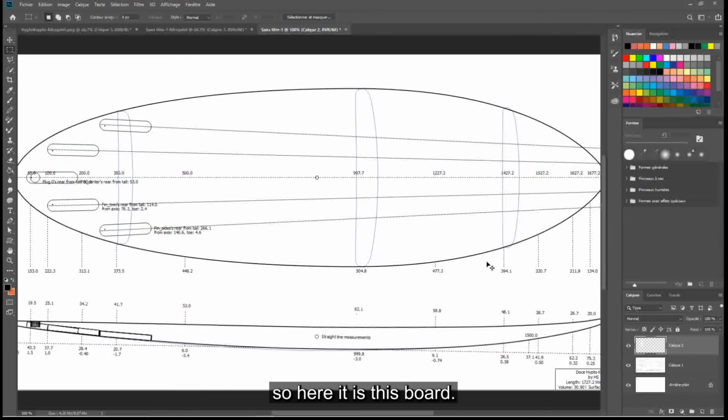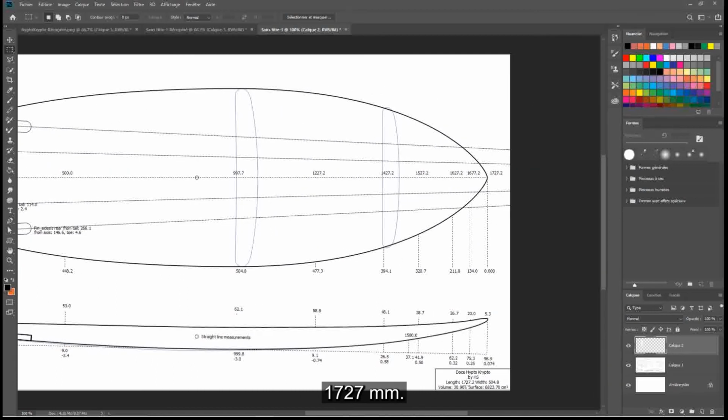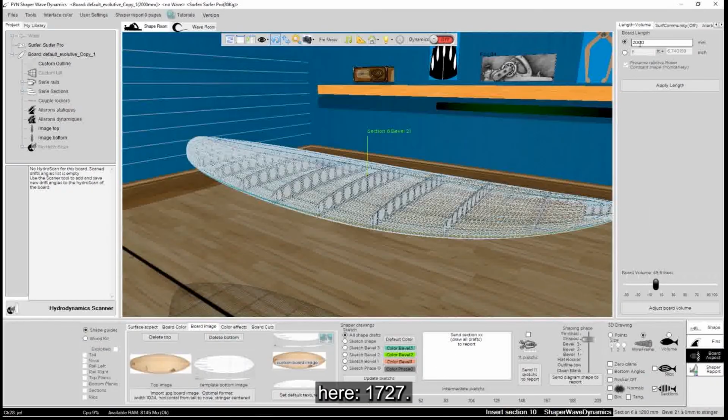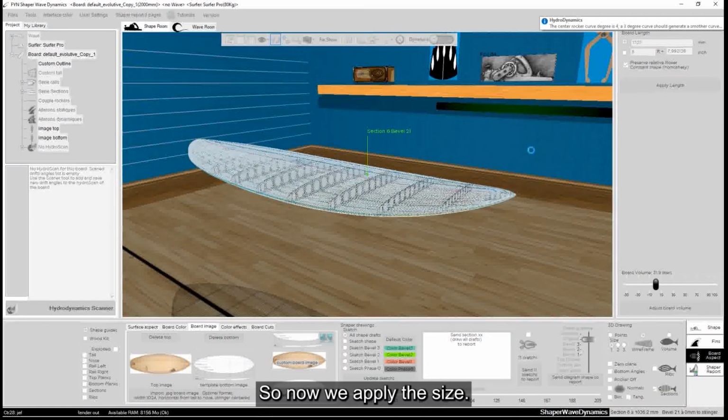So here it is, this board, which is given for 1727 millimeters. So I will adjust the size, here, 1727. So now we apply the size.